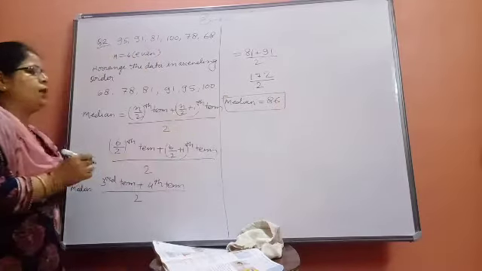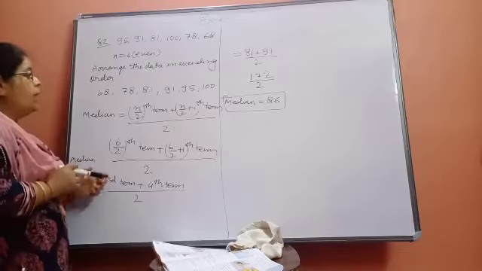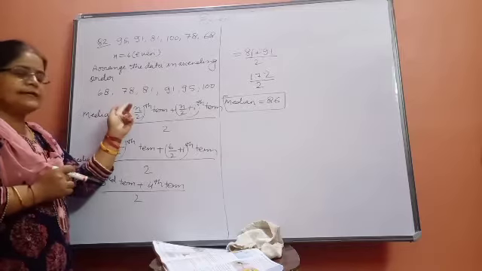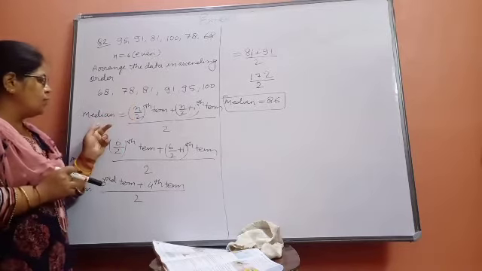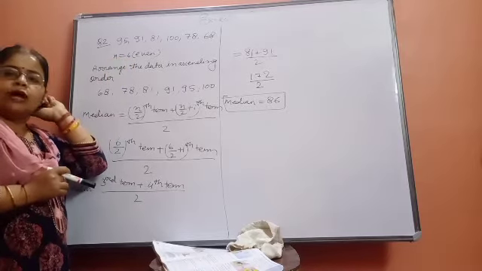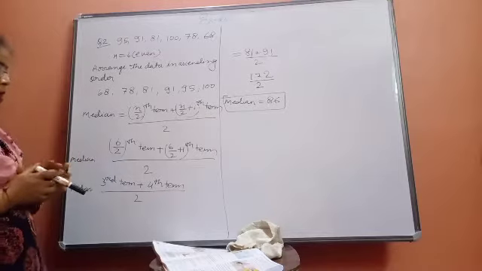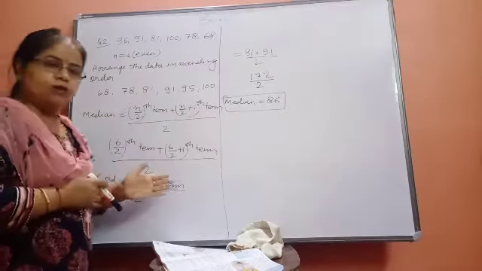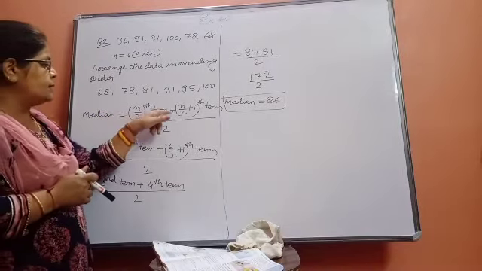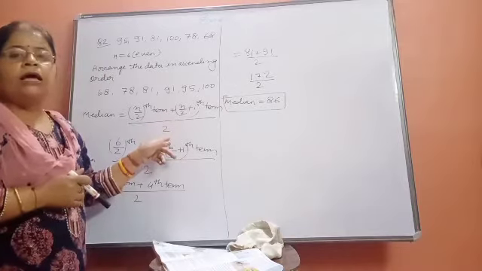In this way we will calculate. One more time I am explaining it, beta. First of all, whatever data is given to you, you will arrange in ascending order. Afterwards you will apply the formula, because this time in question number 2 we are given an even number of cases. Maybe in all the parts there will be an even number of cases, so in each part of that question you will apply that formula. Median is equal to (n upon 2)th term plus (n upon 2 plus 1)th term, divided by 2. This is the formula for the even number.